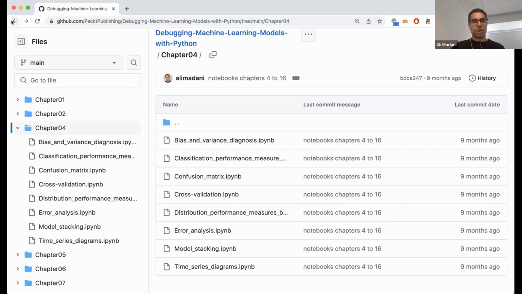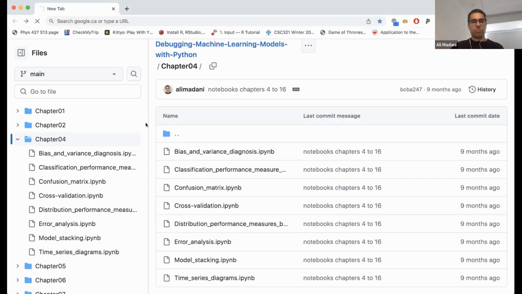So that was it for this presentation and the idea of debugging machine learning models with Python. All of the topics I presented have associated Python libraries I explained in the book, and it is also available in the open source GitHub repo you can benefit from. But the idea is not the book necessarily. The idea is to just know about these topics and start learning about them using any resource you are interested in,